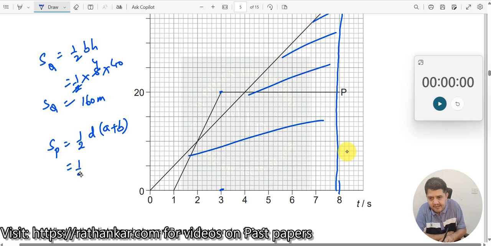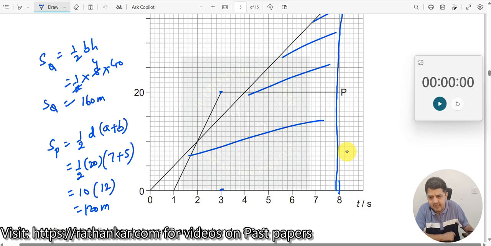So now I write this as half into 20 into, what is A? A is the length of one of the parallel sides. So this one. So what is this here? 8, and this is 1 here. 8 minus 1 is 7. 7 plus B. What's the value of B? B is 8 here, and this is 3 here. 8 minus 3 is 5. 5 over here. So this should be 10 into 7 plus 5, which is 12,